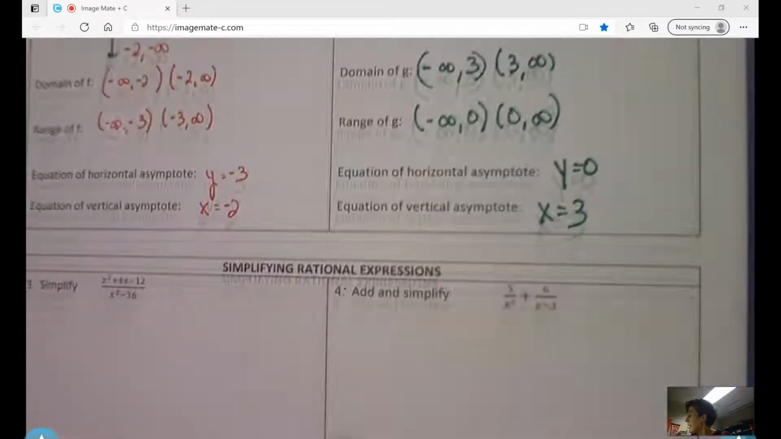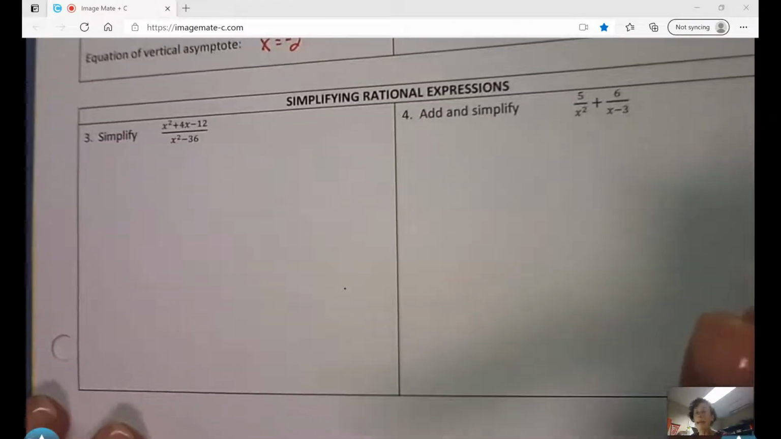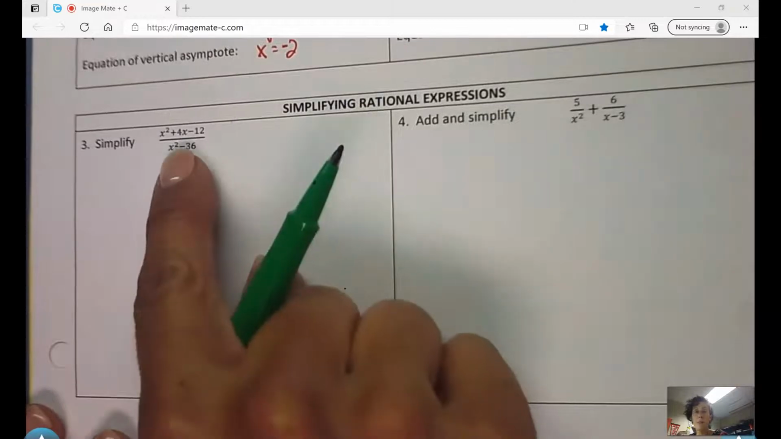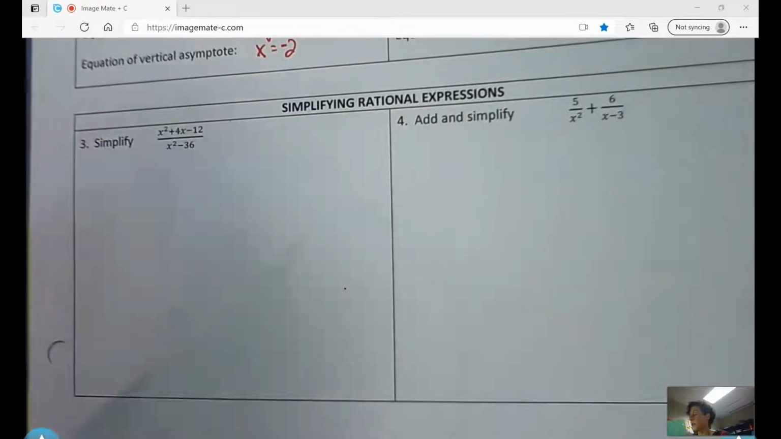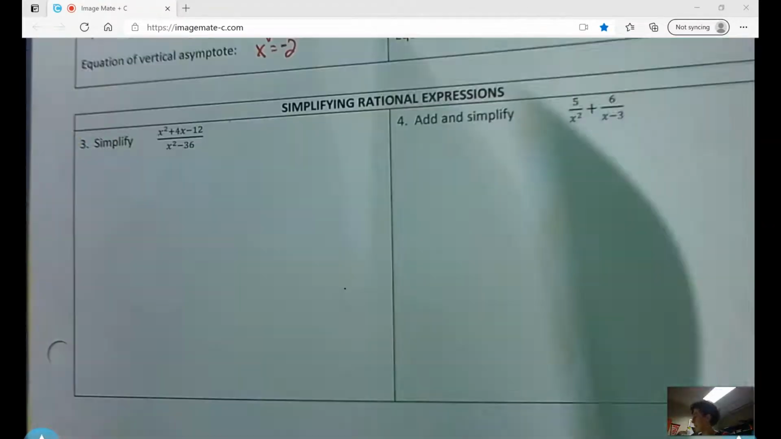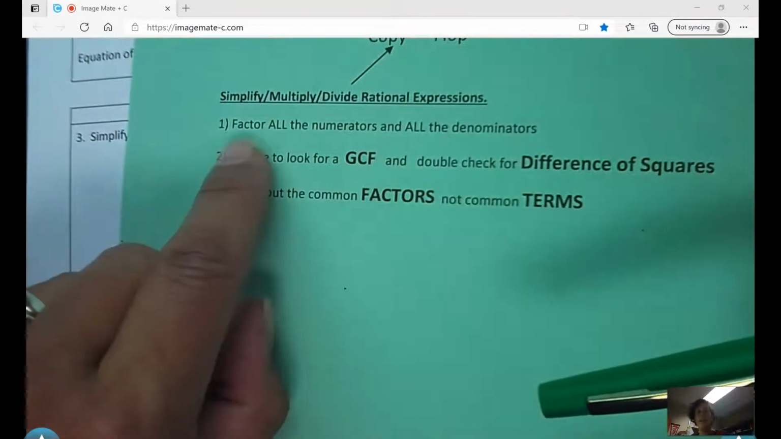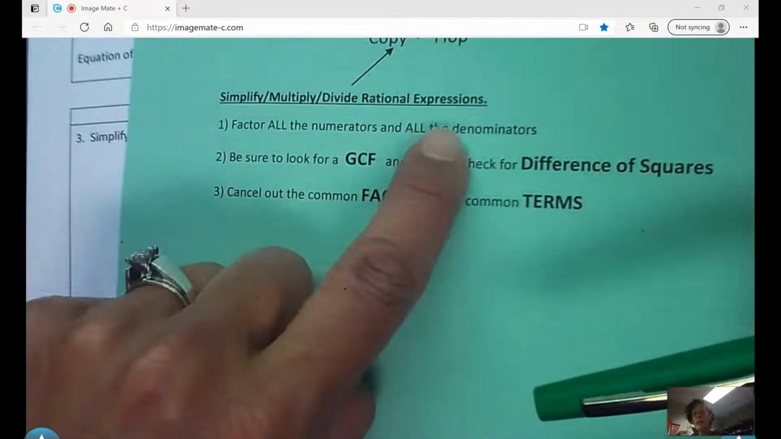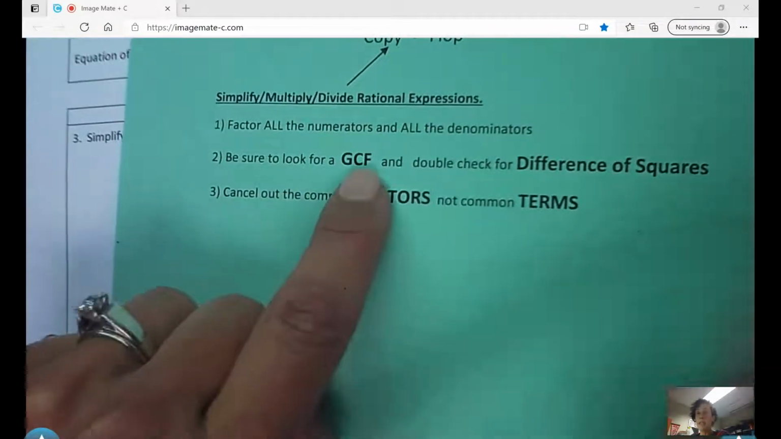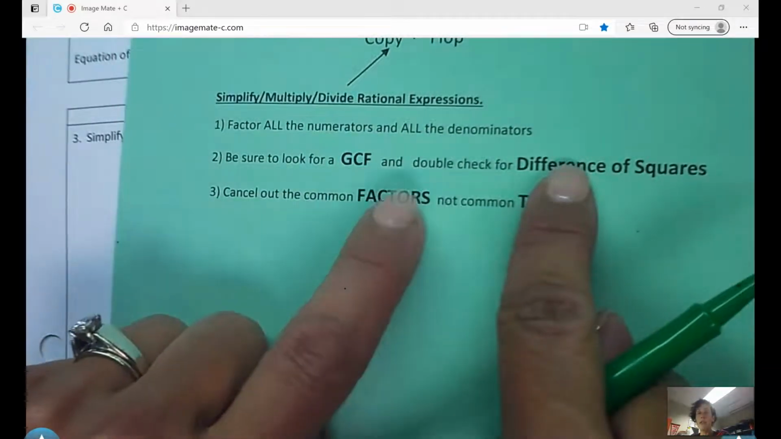All right, in the first couple problems, we are simplifying. Pay attention to what's going on. This is just simplifying a fraction. So going to our cheat sheet, anything that looks like simplifying just a single fraction, multiply or divide, make sure you factor all the numerators and all the denominators. Be sure to look for a GCF and difference of squares, and make sure you cancel out